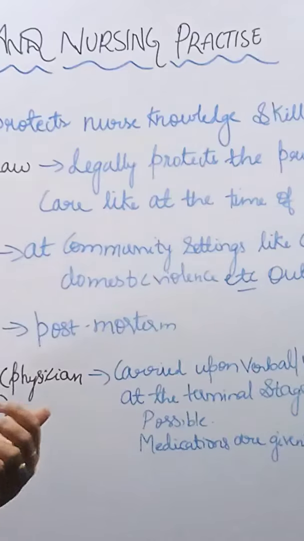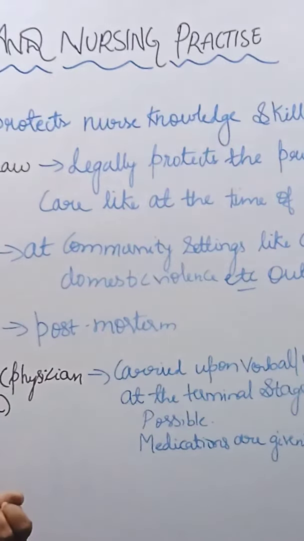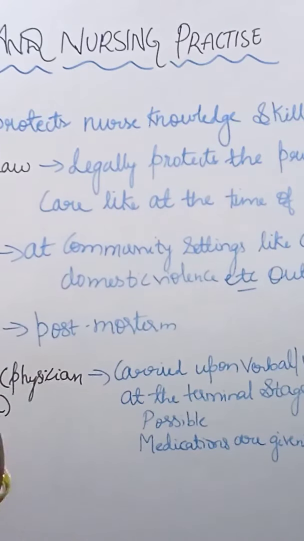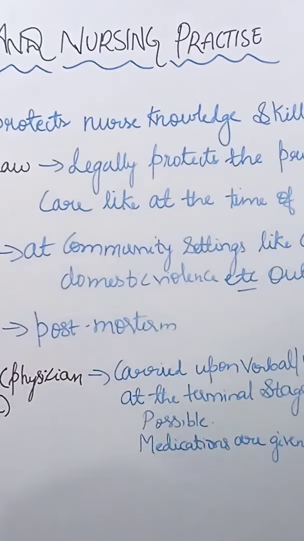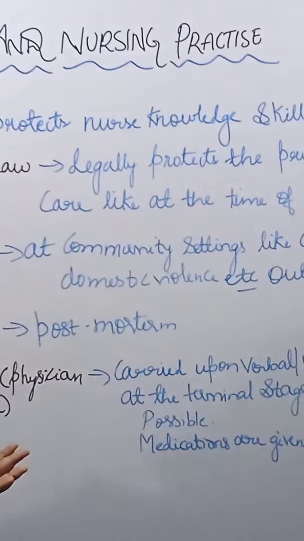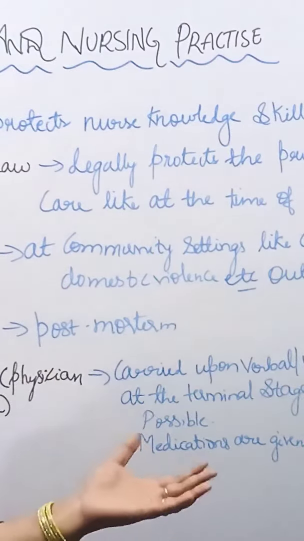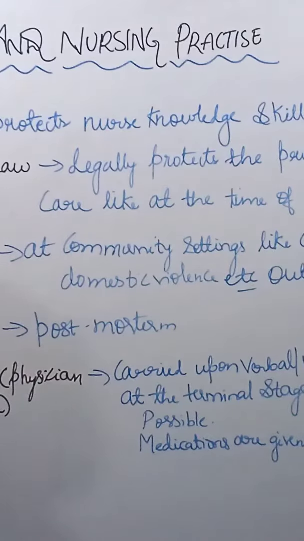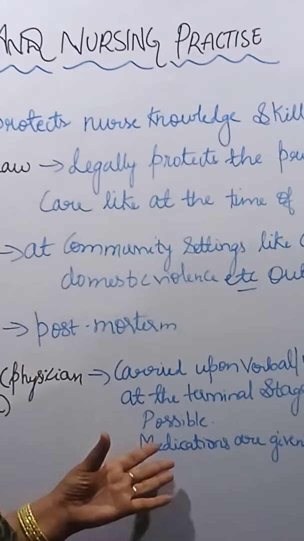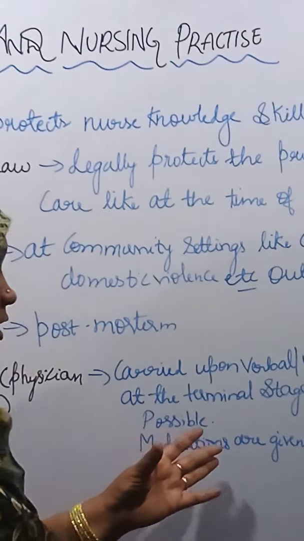So what happens when the patient is in the last situation, at the time of critical illness? Because of the health issues or due to the depression level, the patient himself gives a verbal or written request to the doctor that I want to end my life, or I don't want this suffering. So at that time, the physicians have the right to give the medications to the